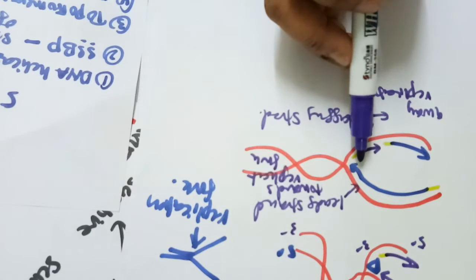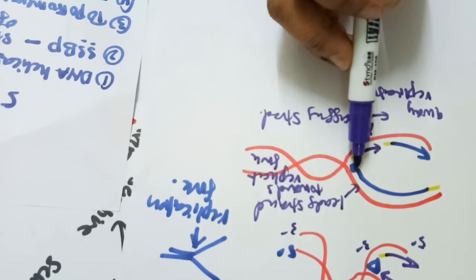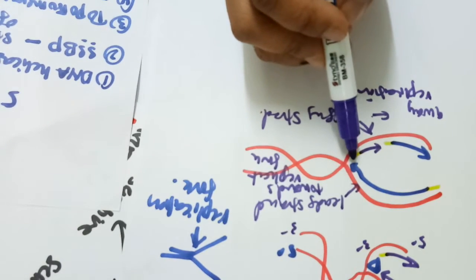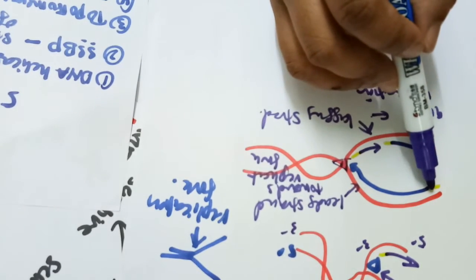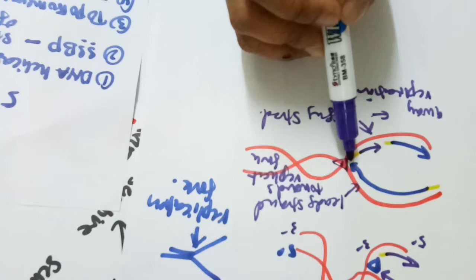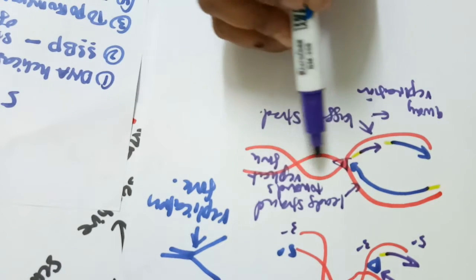And this one is opened again by DNA helicase, and the leading strand will elongate continuously towards the